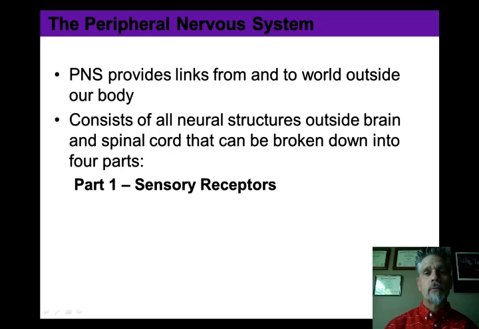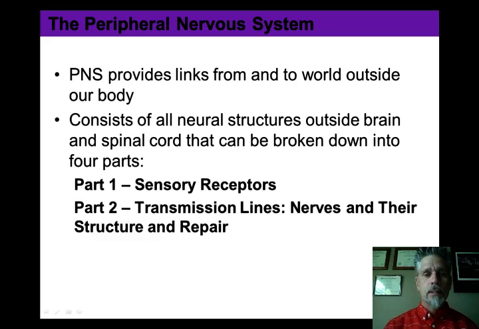And that's going to be broken down into four parts, the different receptors. For the most part, what we're going to be talking about in this section is some of the simplified receptors. These are sometimes so simple that they're just like a bare wire. Other ones are going to be encapsulated. They'll have more of a structure to them. But we have even more complex ones that we call the special sense organs, whole organs made up of multiple tissue types all working together for a particular function of generally sensing the world around us. So we'll talk about that in a separate chapter, but we'll start talking about these different types of receptors